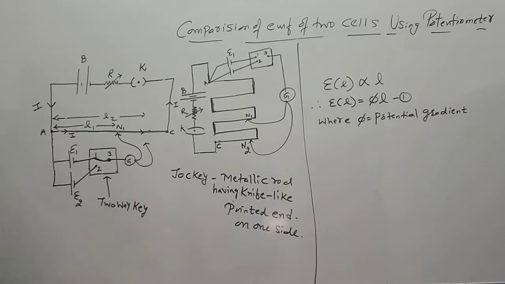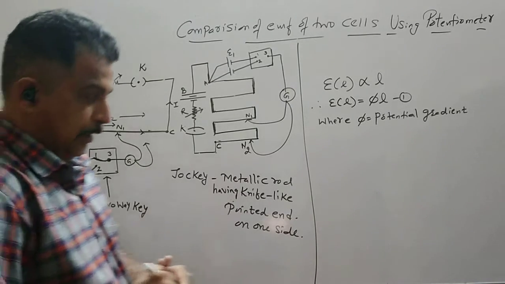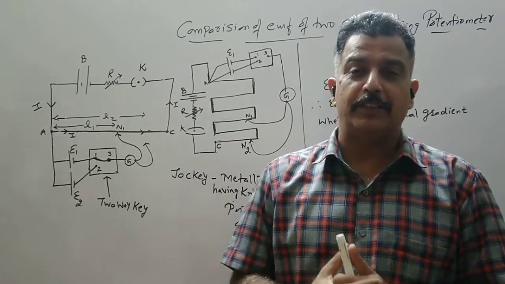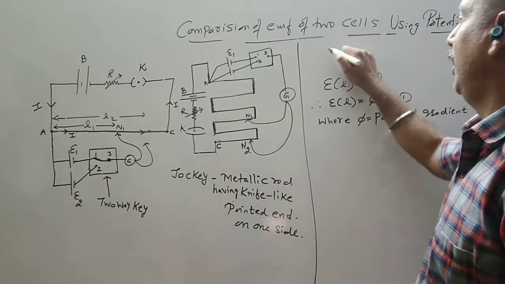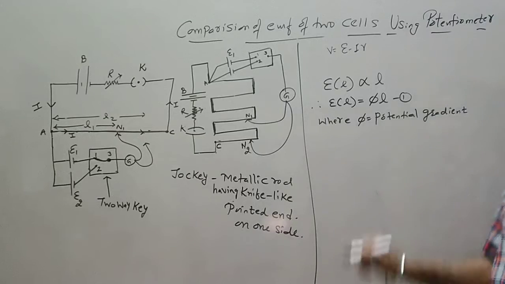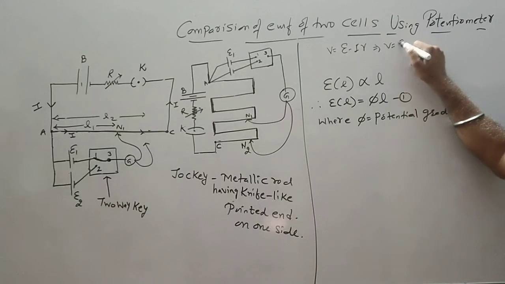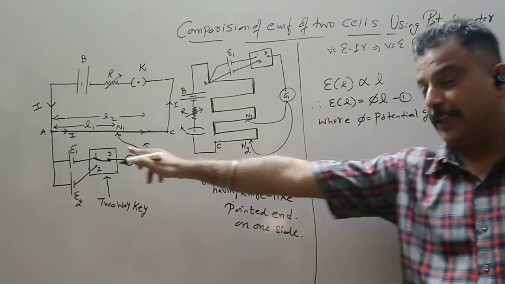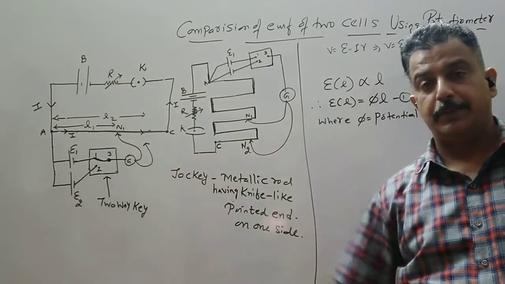Now we apply, or suppose I want to measure its EMF. I want to measure its EMF and no current is flowing through it. So instead of comparing, let us discuss how to measure the EMF of a cell. And we know that terminal potential difference was equal to E minus IR. And in order that V is equal to E, the necessary condition was I should be equal to 0. Now say that no current is flowing through E1.